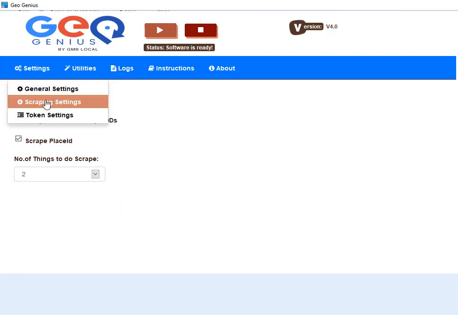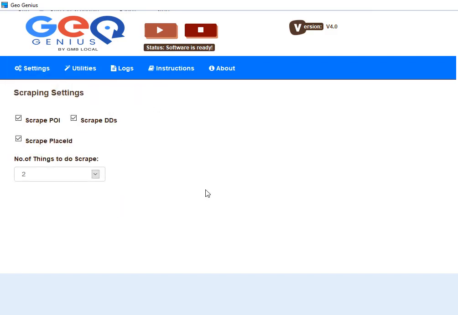Here we have another change for scraping settings. These scraping settings are now used for both the main process and the utility, the utility for scrape location info. So these settings are used in both. You can uncheck if you don't want to scrape the point of interest, or driving directions, or place ID. You can also handle how many things to do or how many restaurants you